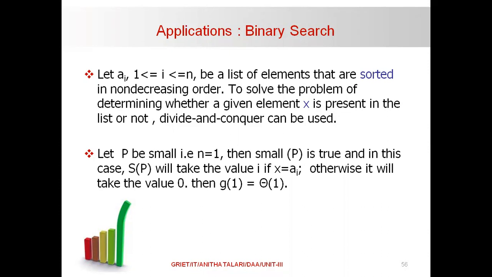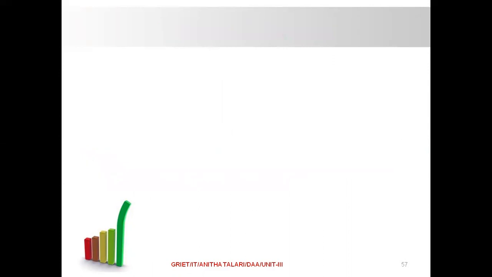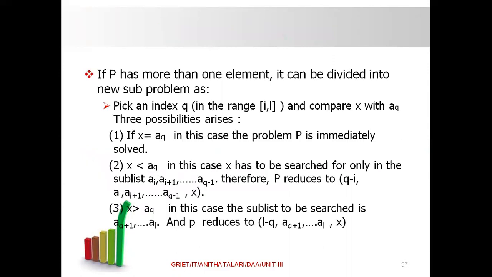In this case, g(n) would be g(1), which is going to take time complexity Theta(1) because only one comparison is sufficient. If the size of the problem is big enough, then we will be dividing the problem into various subproblems by considering an index q. Pick an index q and compare x with the element A_q. Three possibilities arise. If the element you're trying to search, x, is equal to the element present at A_q, in this case the solution is found immediately,